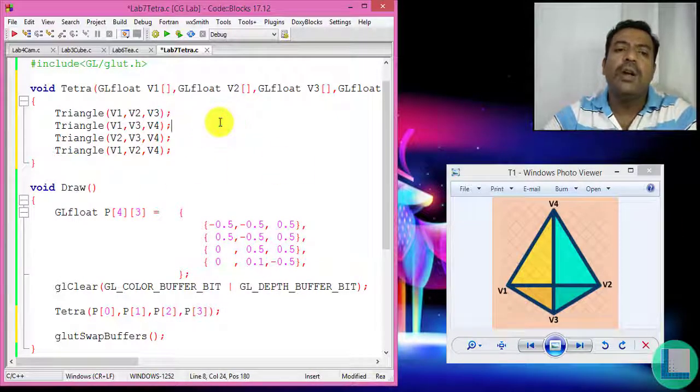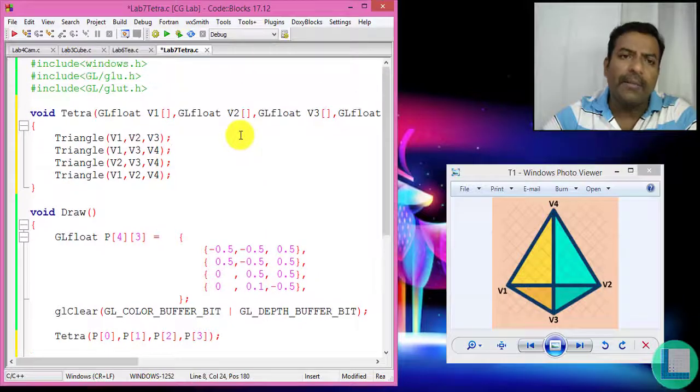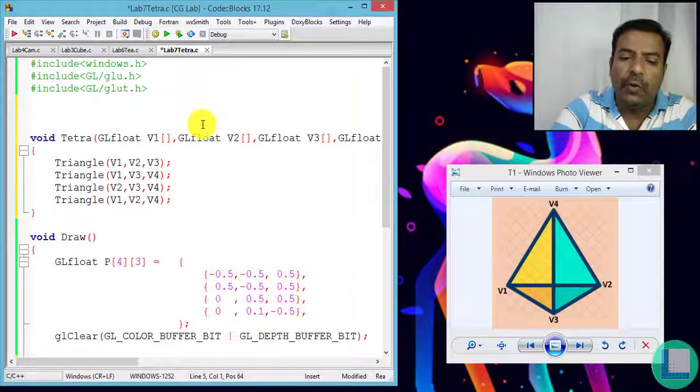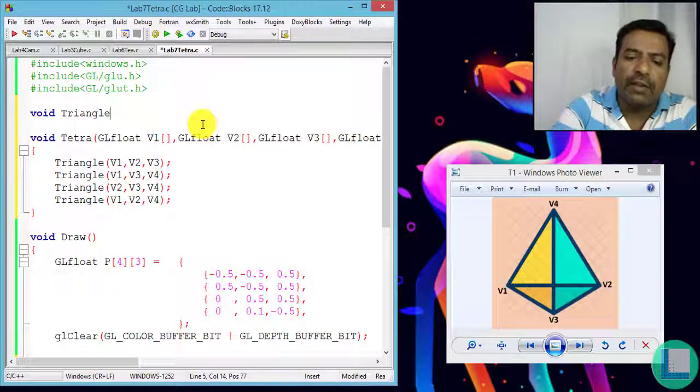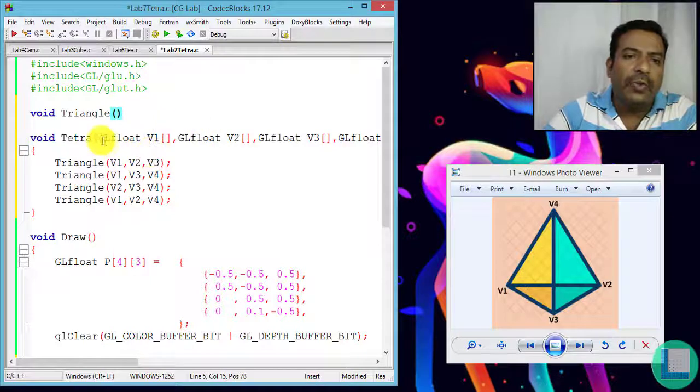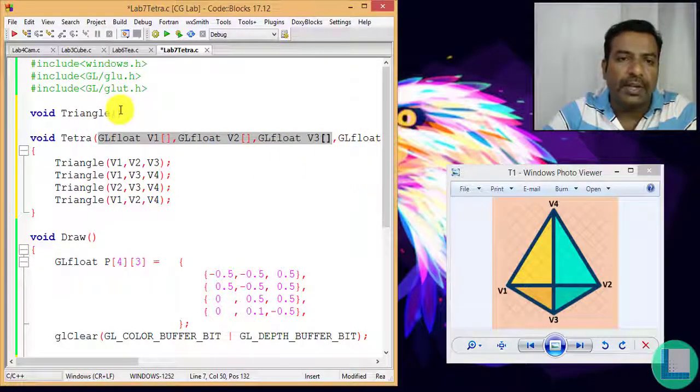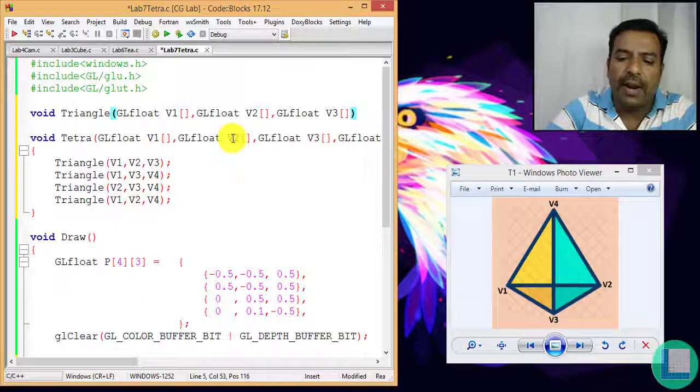So now when I execute this program, I should be able to get a tetrahedron, but before that, don't forget to define the triangle function. Hence I'm going to have GLvoid triangle. I'll be using 3 points, hence I need 3 parameters here.